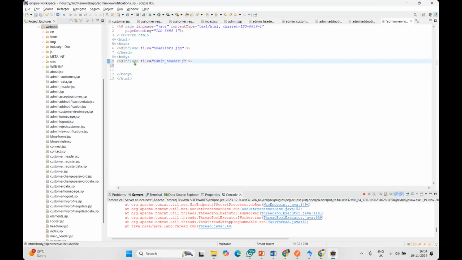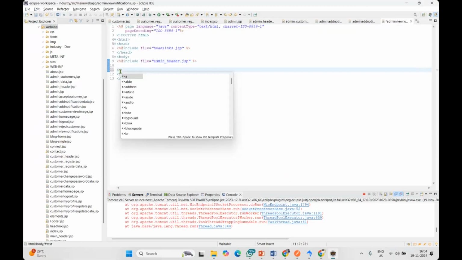Admin header dot jsp. Okay, I am including the admin header and I am including the footer also. Okay, and I am including the footer for admin notifications, view notifications page. Now after header and footer, here we have to take the banner here to say this is a page where we